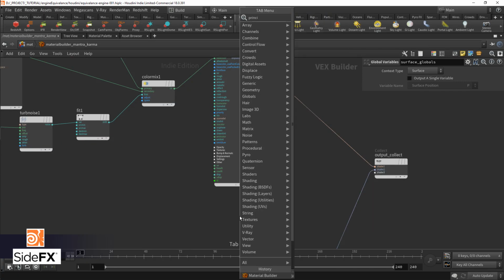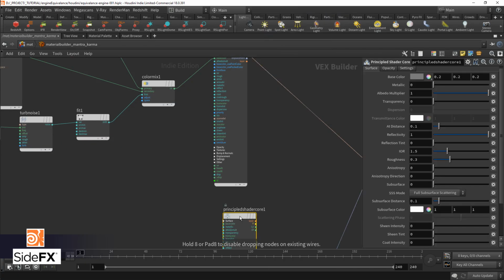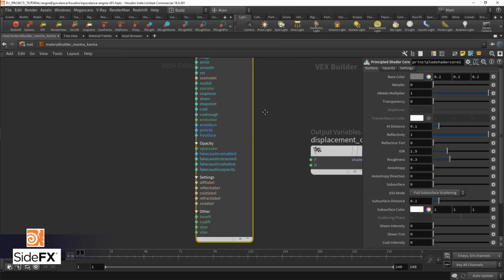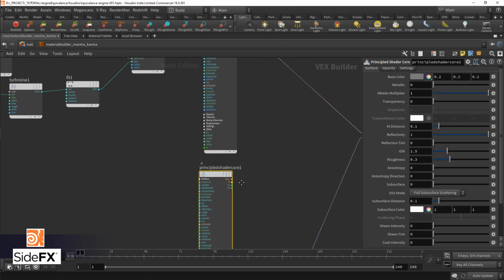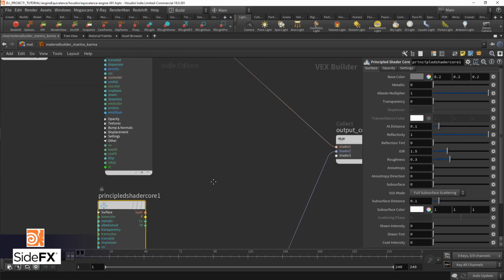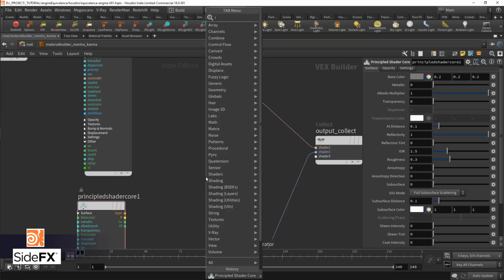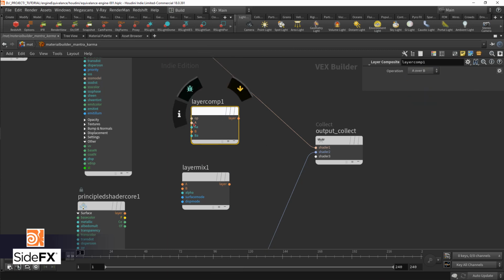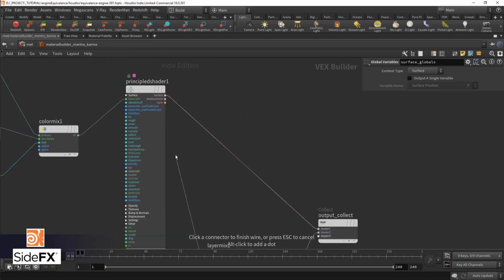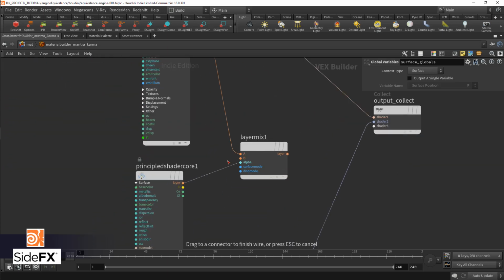So we have a layer output on our shader, and basically we can also use a principled shader core, which is having only this output layer in this case. So if we want to layer those shaders, we should use a layer mix. You also have a layer composite that has some other options. So let's make this simple and just do a basic B over A with layer mix,